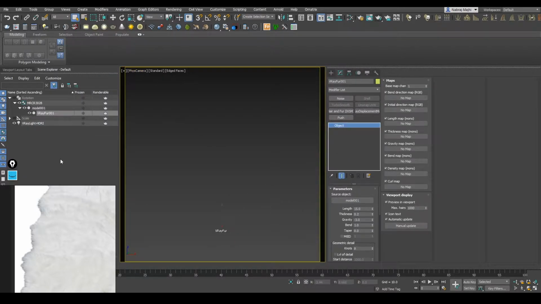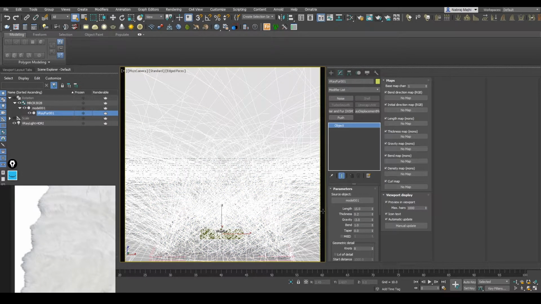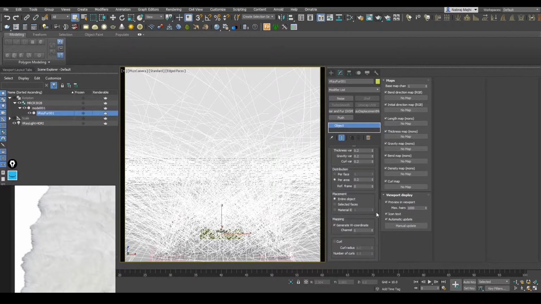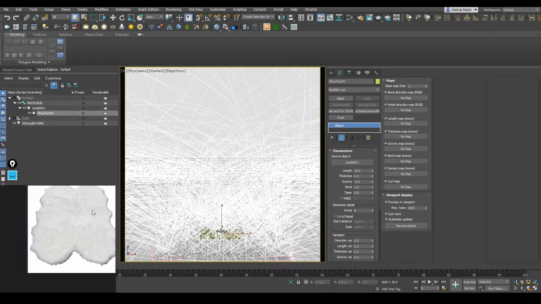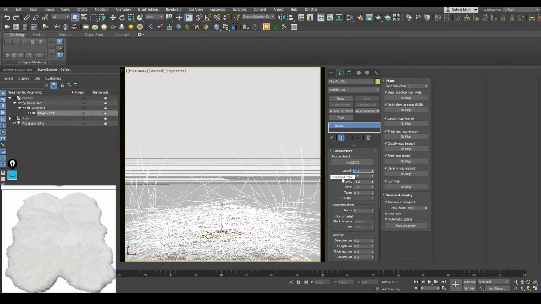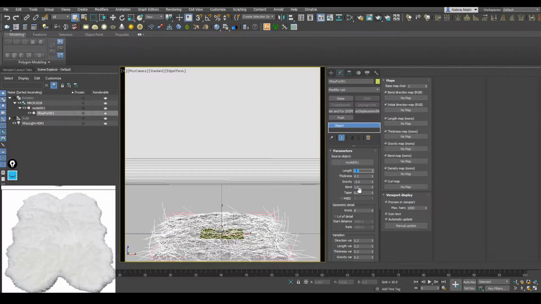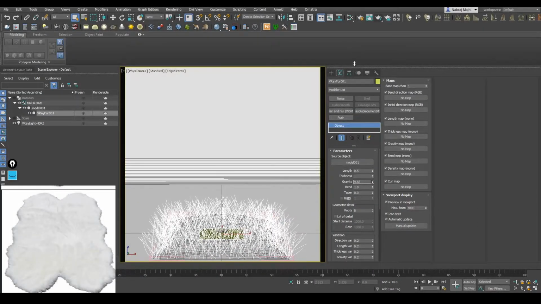Sometimes you'll face this, so in this case just click the scene explorer and it will be back, and let's select the fur. This is in the default value, all attributes are in default value. So let's go and create this rug, and let's set up the length first. Let's put it 2, let's put it 1, let's put it 0.5, and let's make the gravity